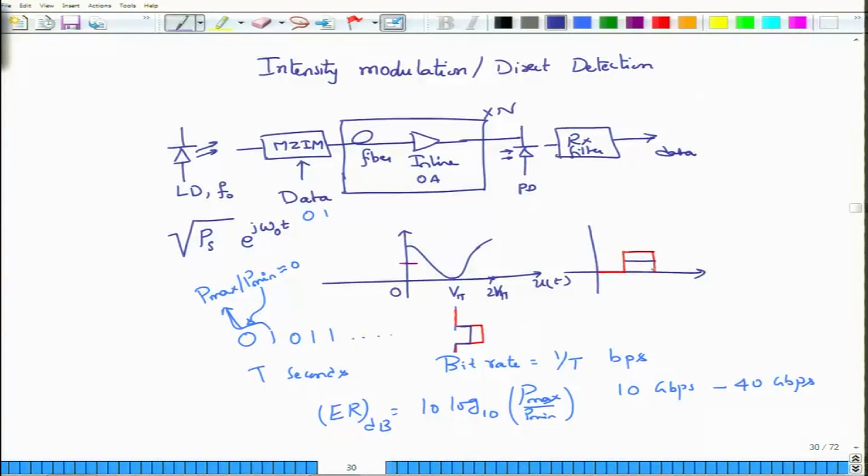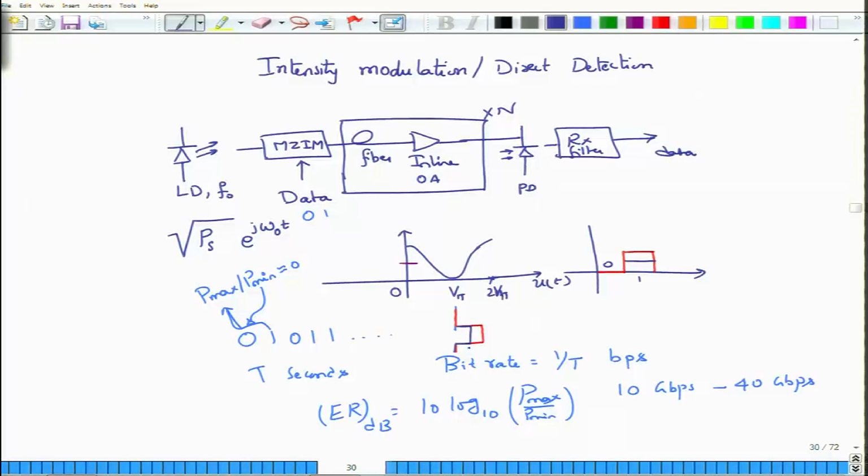So now the ratio of P max to P min in this case of course is still infinite, because for 0 we are assuming that we actually have 0 output power, but in practice, as I told you, this is slightly above 0, and therefore the extinction ratio is smaller for this blue case compared to the extinction ratio for the red case. Okay. So this is one way of modulating. The disadvantage of this one is that your input u of t must have a DC value which is reasonably high in this case, because when you want to transmit bit 0, u of t should be biased at V pi, and when you want to transmit 1, you want your u of t to be equal to 2 V pi.